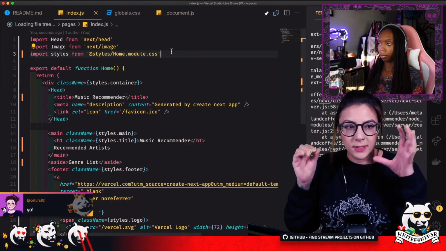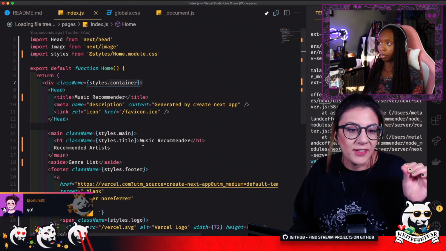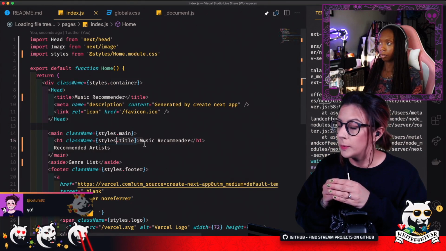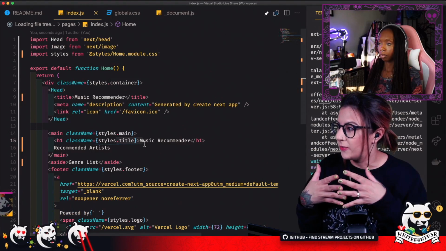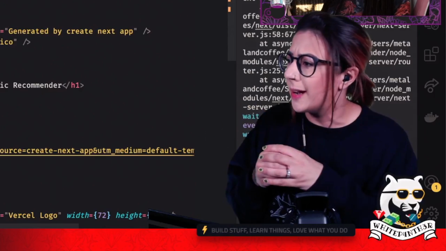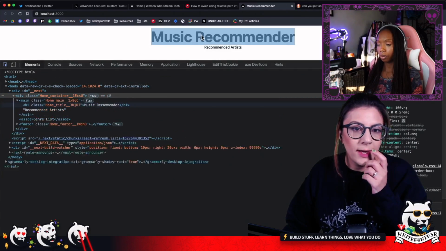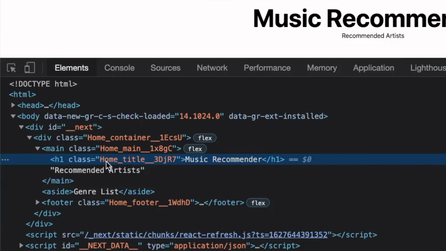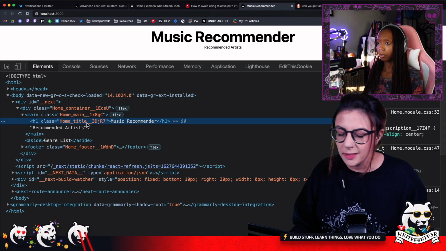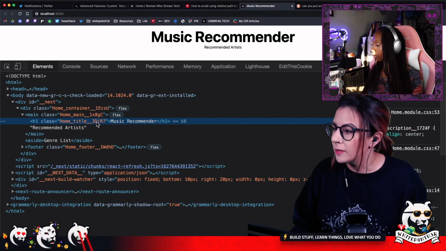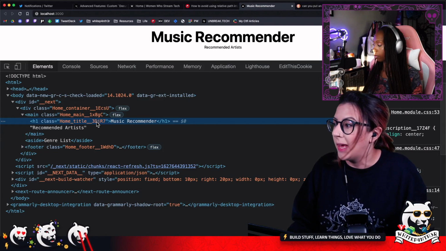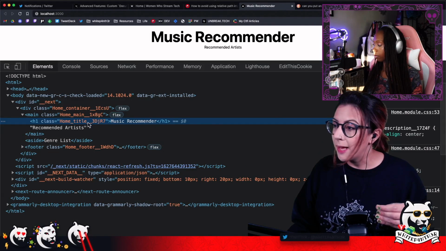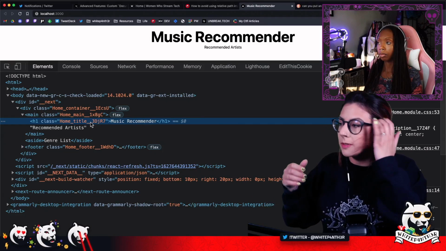Basically, it means that the styles such as container and title inside the home module, you can repeat those class names in other modules and they won't interfere because they'll be given a unique ID in the DOM. You'll see that there is a home, which is the module name, title, which is the class name, and then it's suffixed by a random ID that's generated, which means that if you have another CSS file, such as page, with the class title in, you can still do that,